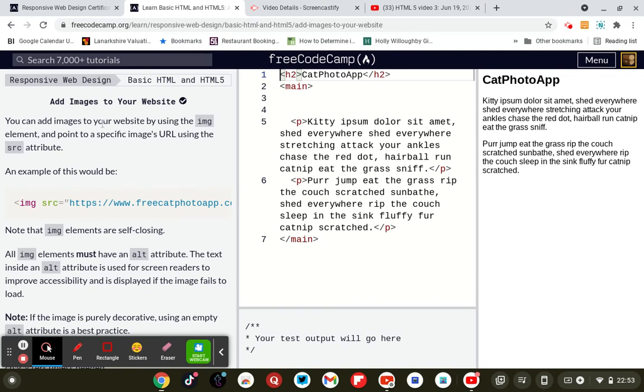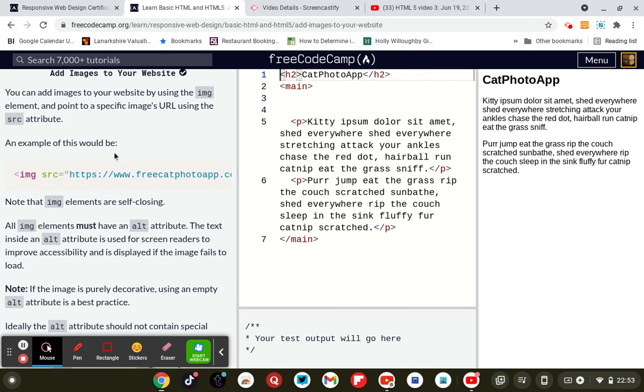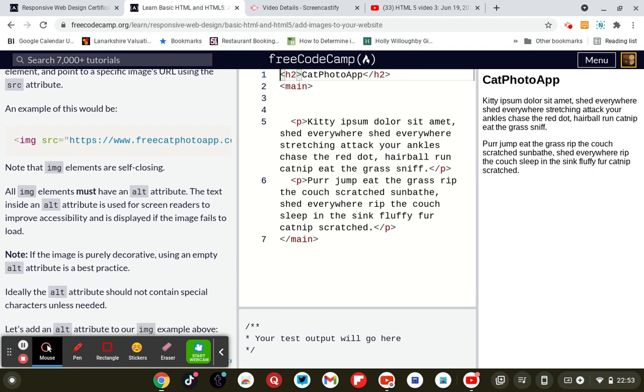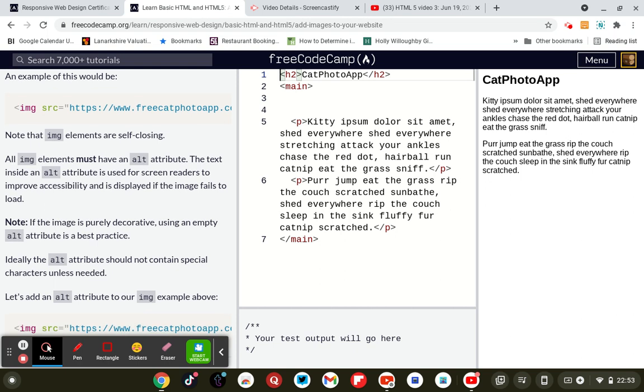Add images to your website. You can add images to your website by using the image element and point to a specific image's URL using the src attribute. An example would be shifting the key next to the M for that. img space source src equals http